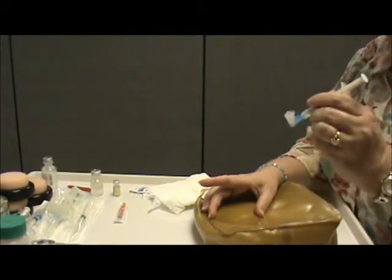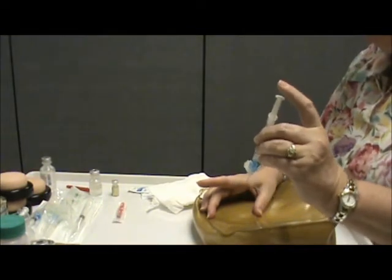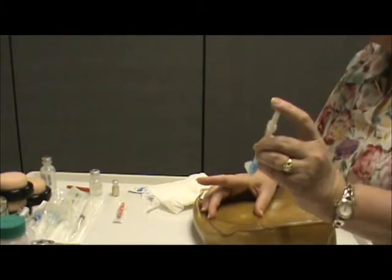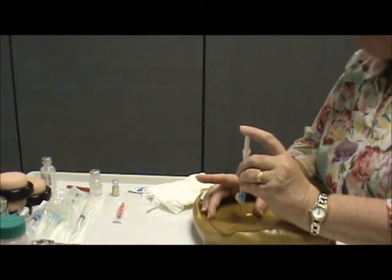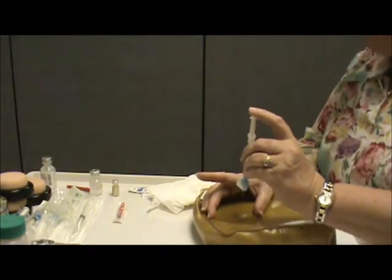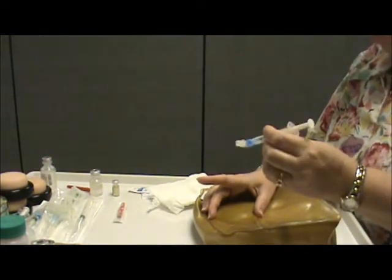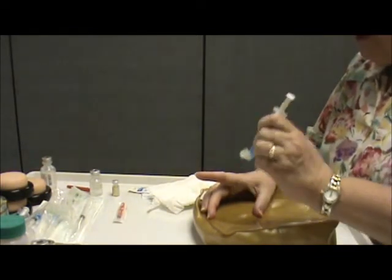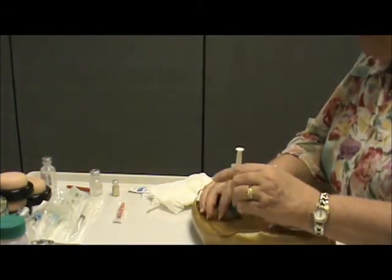I am going to hold my syringe like a dart. I'm never going to put my finger on the plunger as I inject, because say I came down here and someone's skin was kind of tough, I had a difficult time pushing it through, I might start injecting the medication before I got through the skin. You never put your finger up there. Hold it like a dart, get a little wrist action in there, and inject completely, stabilize,